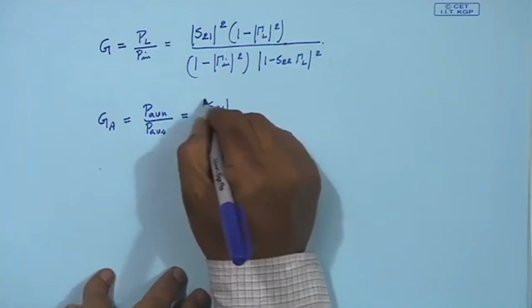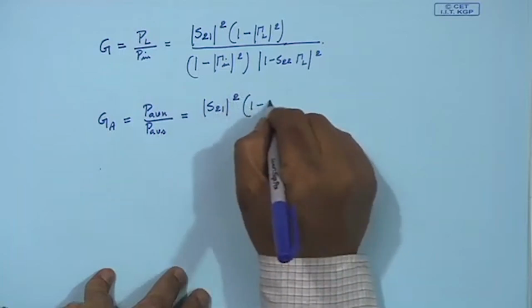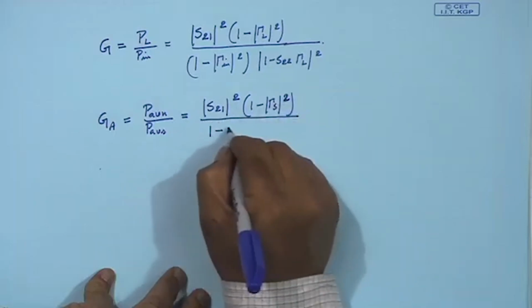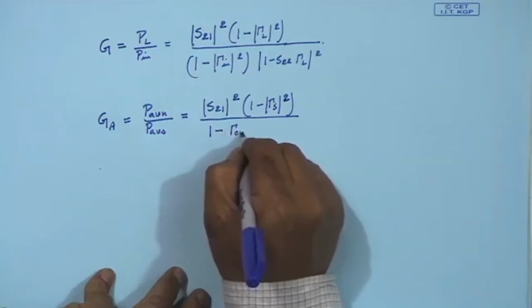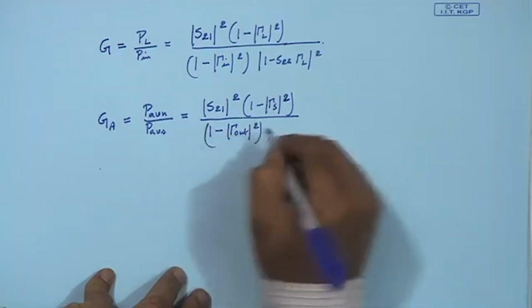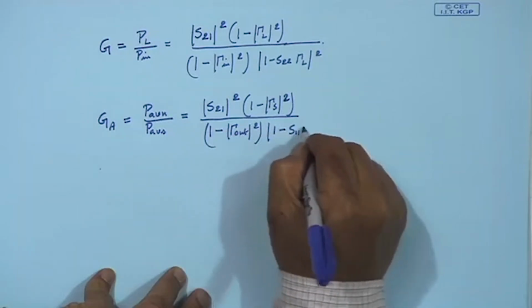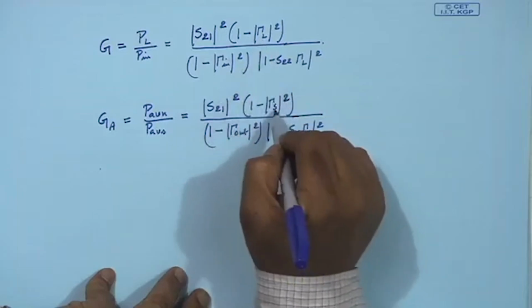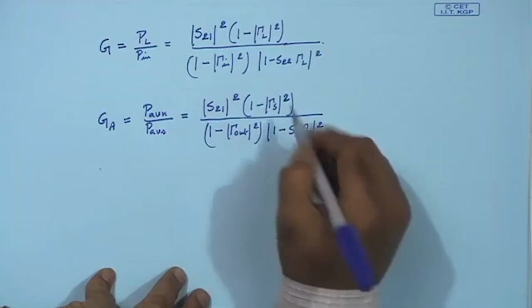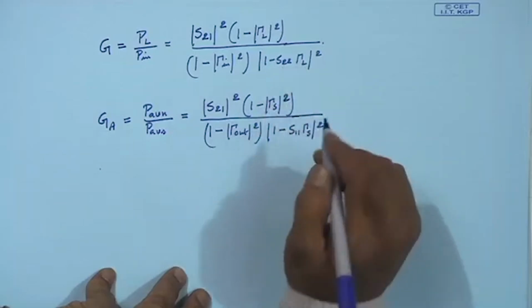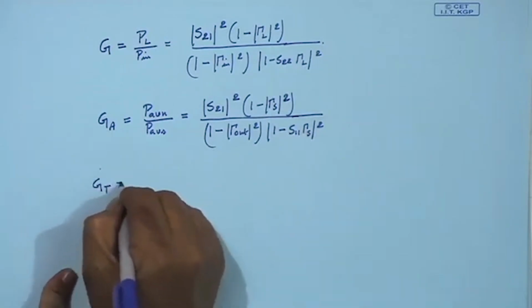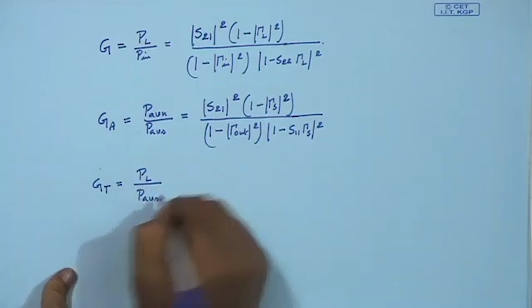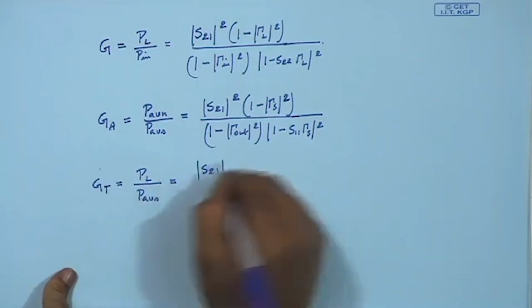So this is again S21 square, 1 minus gamma S square, divided by 1 minus gamma out square into 1 minus S11 gamma S square. You see the similarity: gamma L is changed to gamma S, gamma in to gamma out, S22 to S11. And from the already derived ones, we can now write the transducer power gain, that will be S21 square